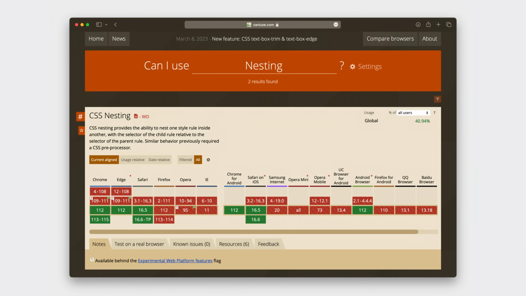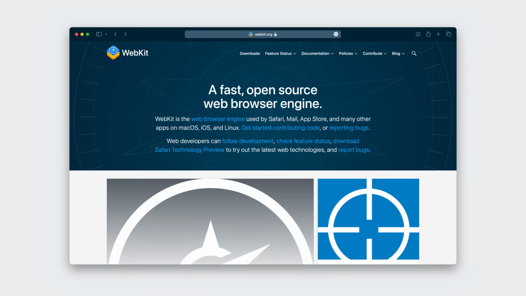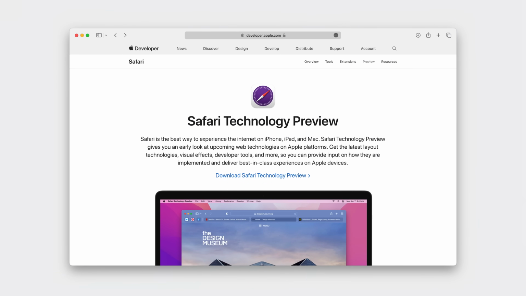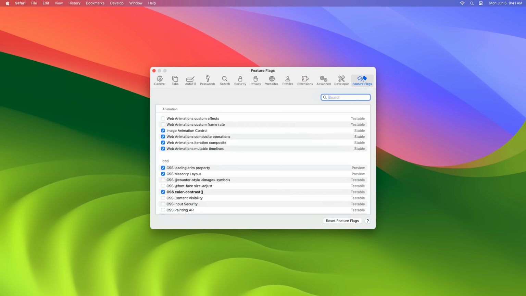Make sure you have the latest information about what is supported in Safari. We often hear from developers asking us to implement something that has actually already shipped. Can I use is a fantastic resource for this. You can also keep up with the latest news on webkit.org, where you'll find in-depth articles about each release of Safari, the release notes for Safari Technology Preview, extensive documentation on Web Inspector, and more. Download Safari Technology Preview to keep up with what's coming in the future. It's updated about every 2 weeks, so it's got the very latest additions to WebKit. Safari Technology Preview also has all the new features that are ready to be previewed on by default.